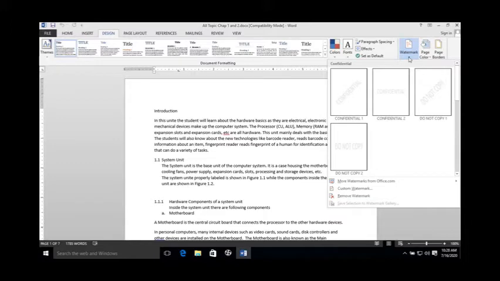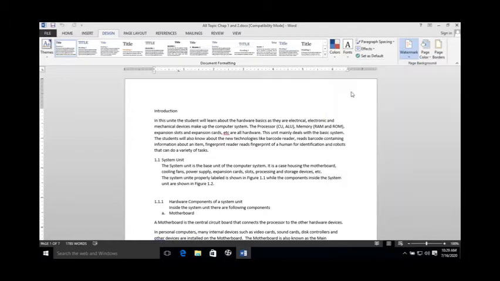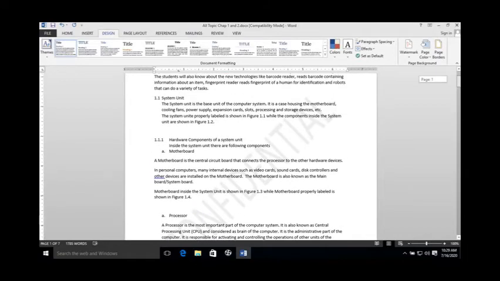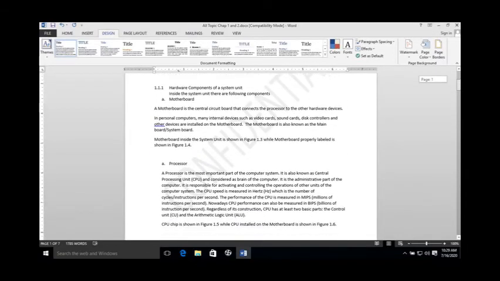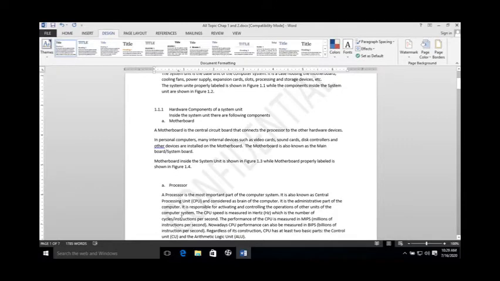Here some default watermarks are also given, like confidential. When I click on it, this will be added to this document behind the text on the page, diagonally, or horizontally, and do not copy. These are default watermarks available here. So when I select any of these, let's say I am selecting this one, confidential, you can see that it is added to the document. On every page it will be shown. See here,